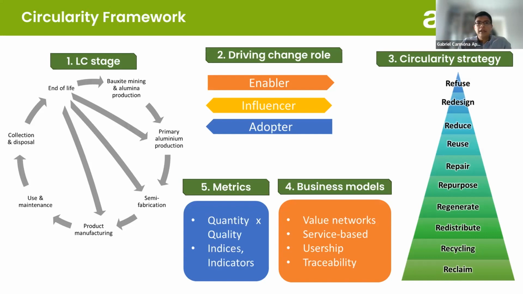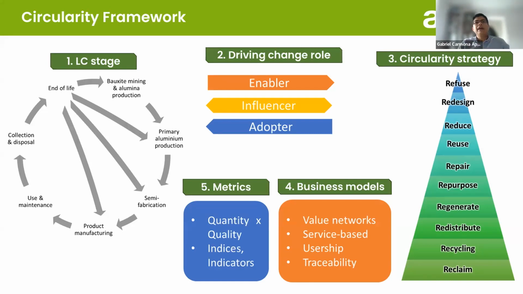So for example, in bauxite mining, we have different roles, for example, more into regeneration of soils that have been degraded, versus primary aluminium production, where you have more focus on how can I achieve more circular economy while reducing my greenhouse gases. So it would depend, or we have at the end of life recycling actors. So it will depend on my stage. I will have specific priorities